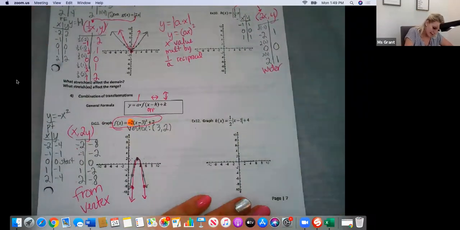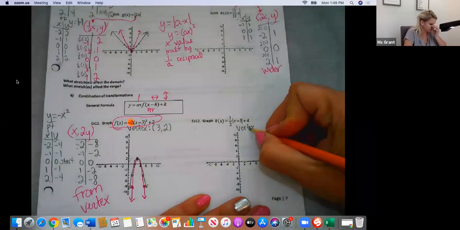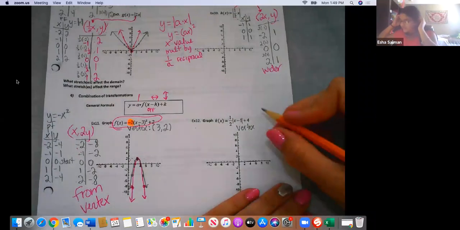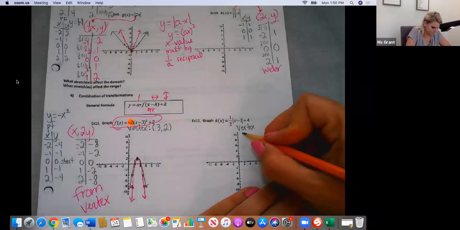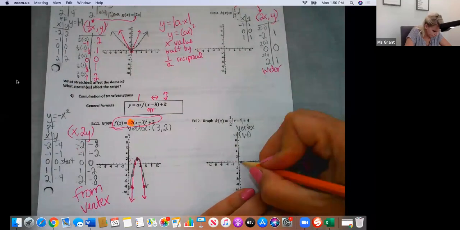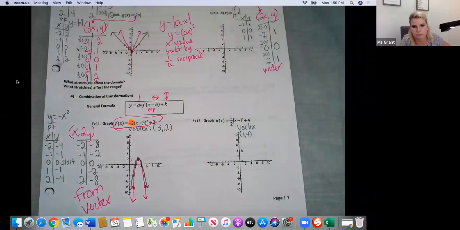Example 12 has another vertex that's different, and it has a 1/2. Okay, I gotta say it right. Isha? Yeah, it's Isha. What's my vertex? Your vertex would be 1, 4. It would. Over 1 up 4. Vertex for both. I'm gonna do my parent function, and I'm gonna do